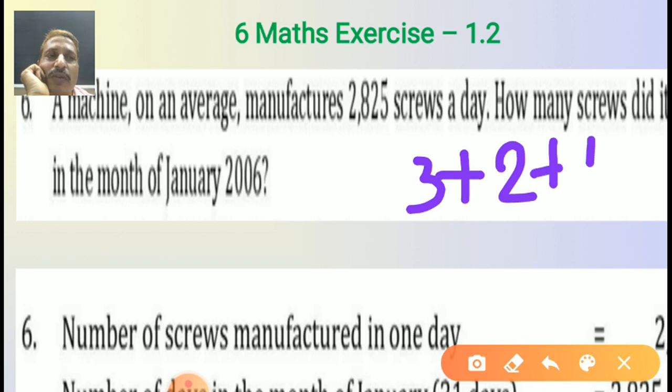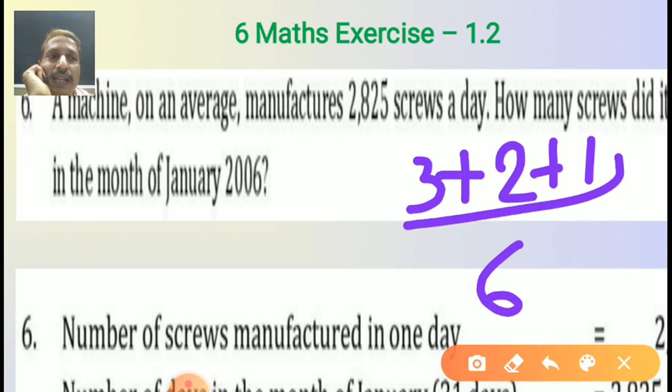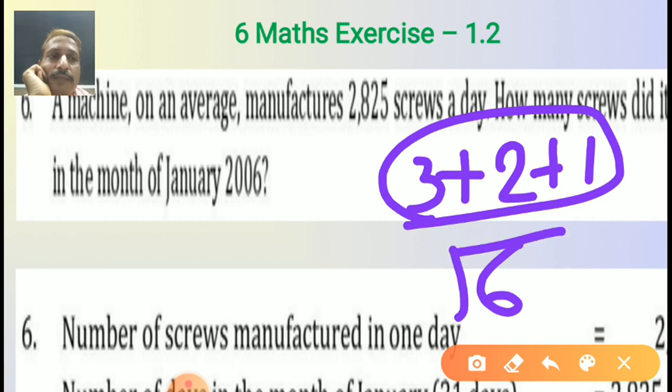So Monday how many roti did you eat? 3. Tuesday, 2. Okay, third day Wednesday you are not feeling well. You ate only 1 roti. So in 3 days how many rotis did you eat? 6. On an average means every day minimum you can eat this much. So how many days are there? 3 days are there. So divide by 3. Let's go to the average. Percentage. You remember percentage? Total marks divided by